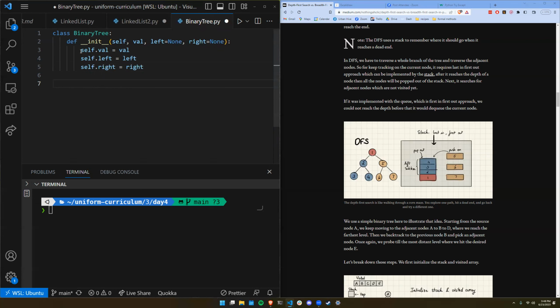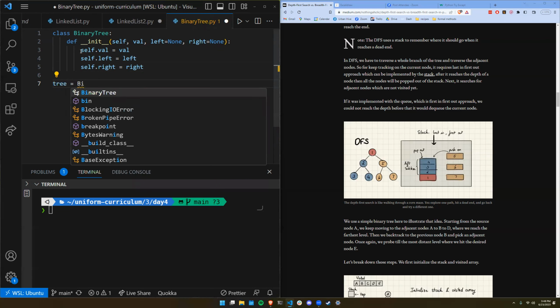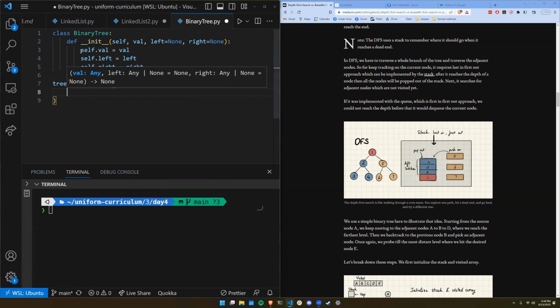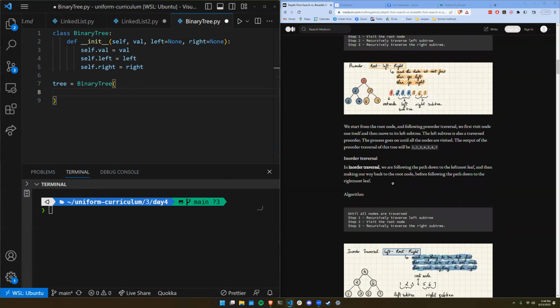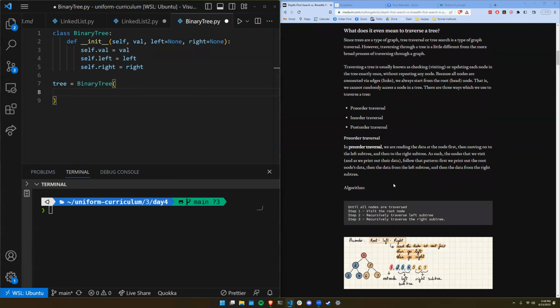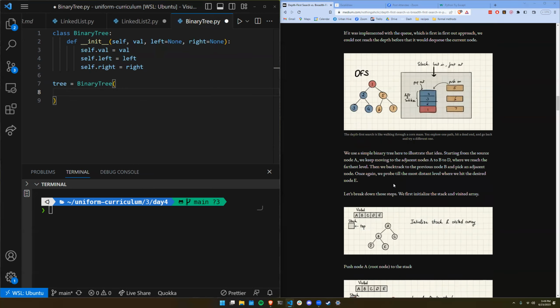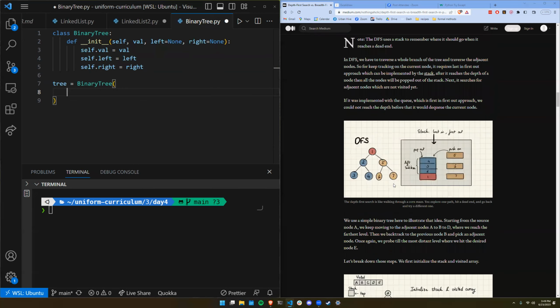In that case, if I wanted to make a binary tree, I could write something like this, where I would say, okay, binary tree. What does a binary tree consist of? I'll open it up like this to make it a little simpler to read. Let's say we're trying to make this tree here. They're showing us the order of traversal, but let's say we're trying to make a tree that looks